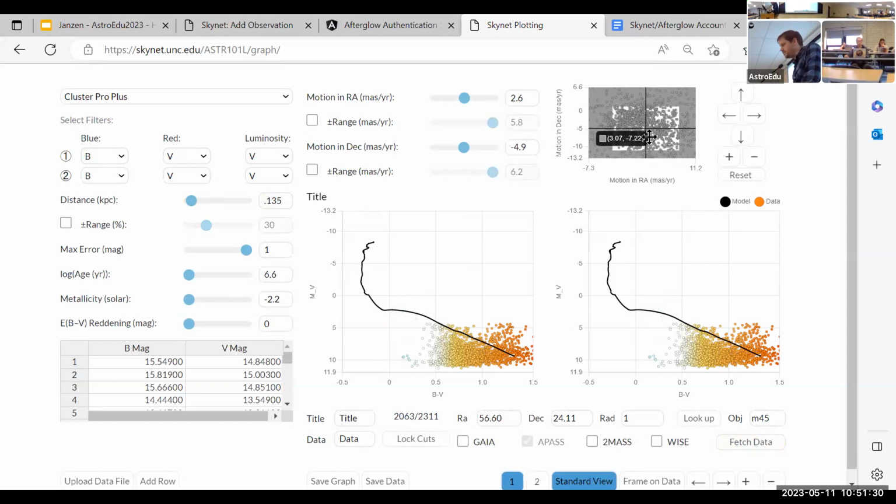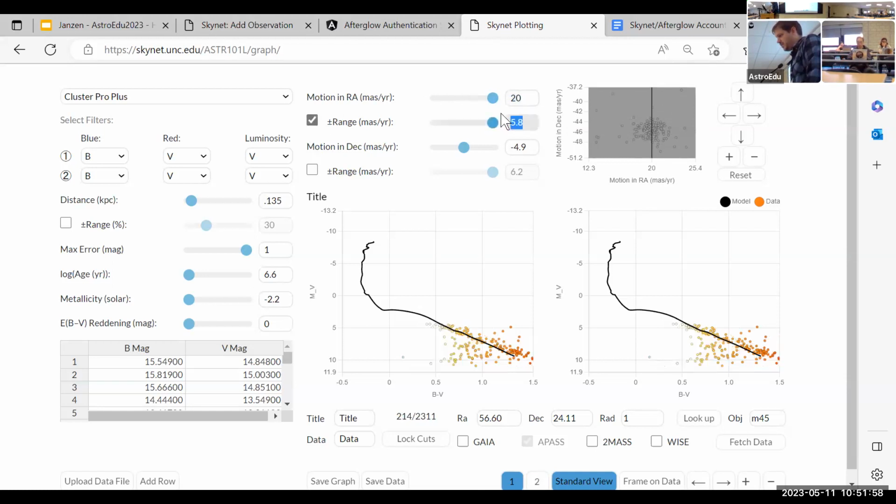That's the proper motion of the Milky Way in that direction. But when you zoom all the way out, there's a clump of stars way down here. And that's the Pleiades stars with a proper motion in RA of 20 and minus 45.5 in dec. So set that to 20 plus or minus 3. Set this to